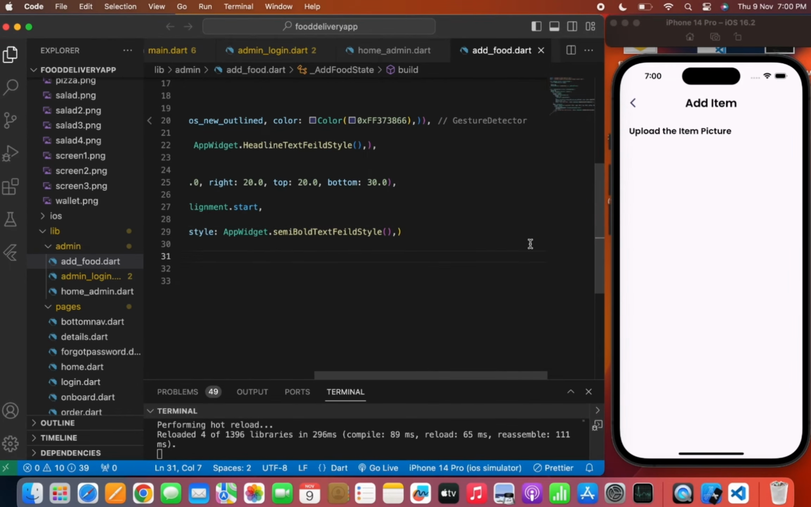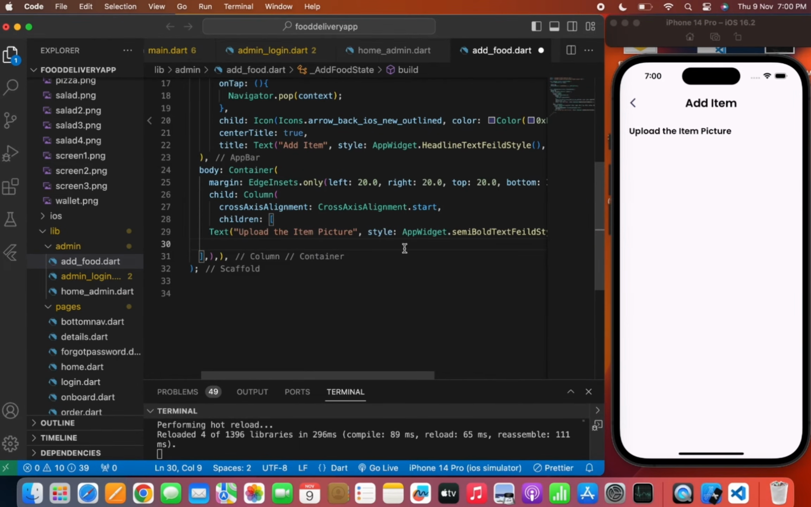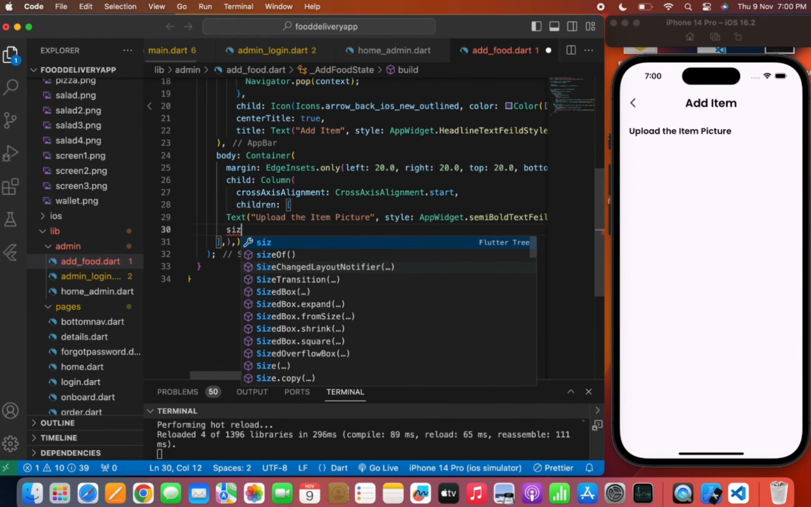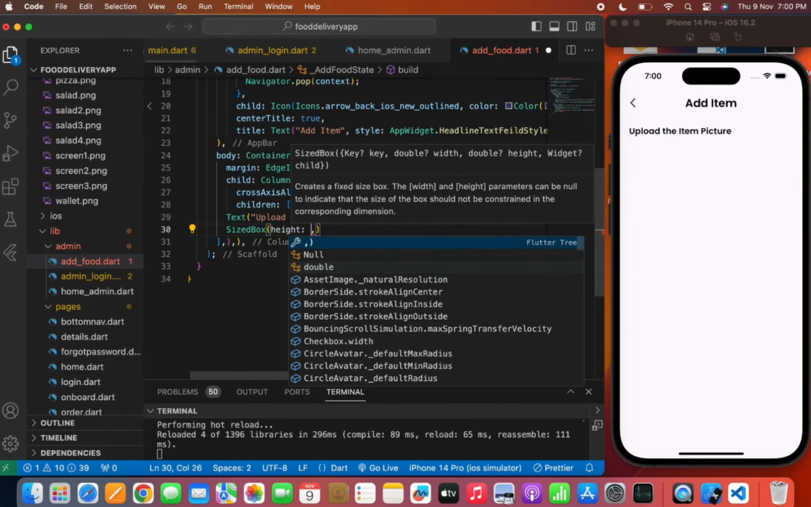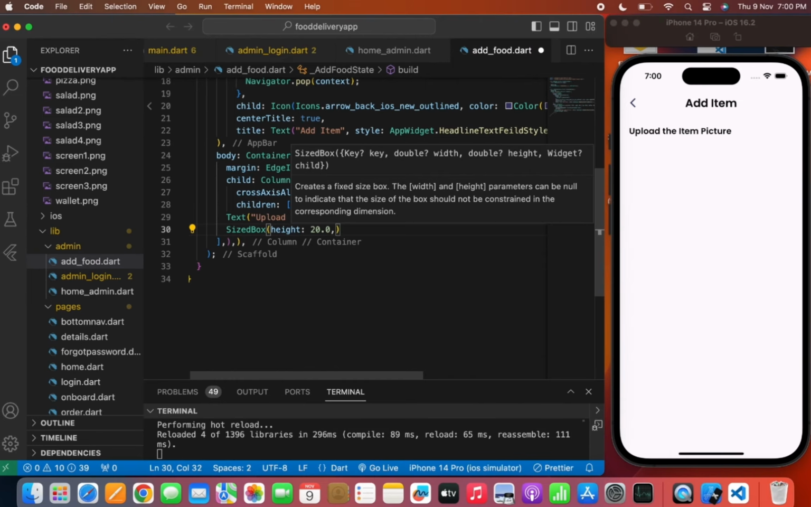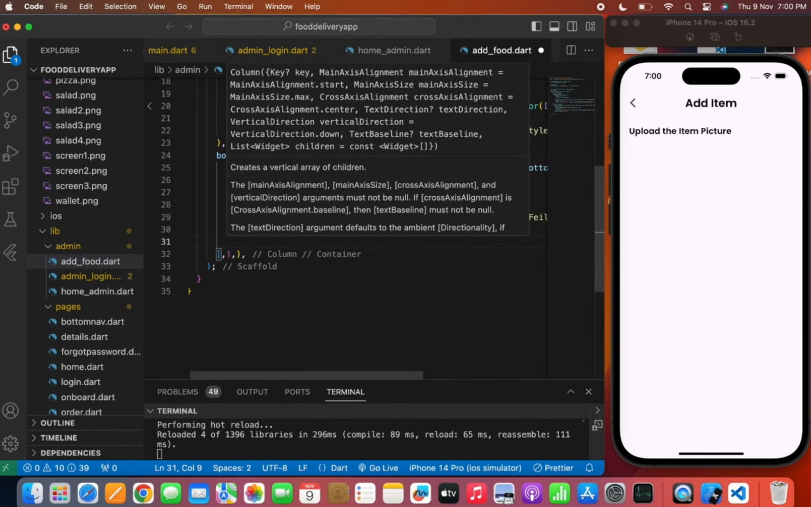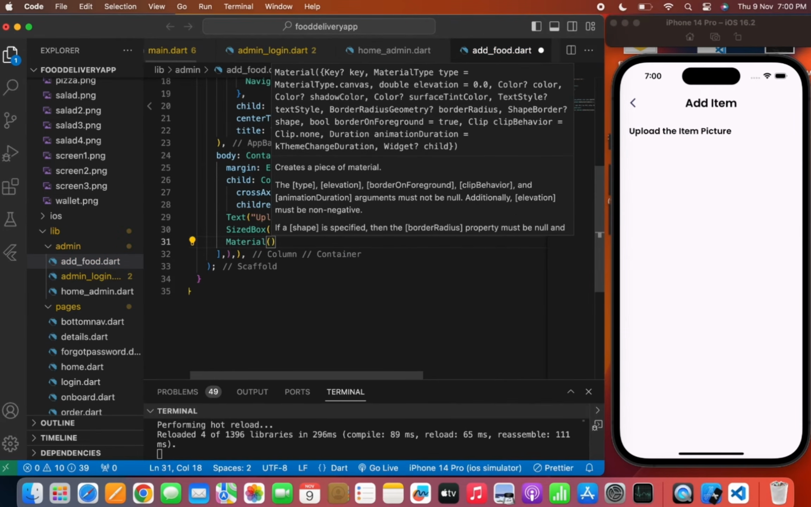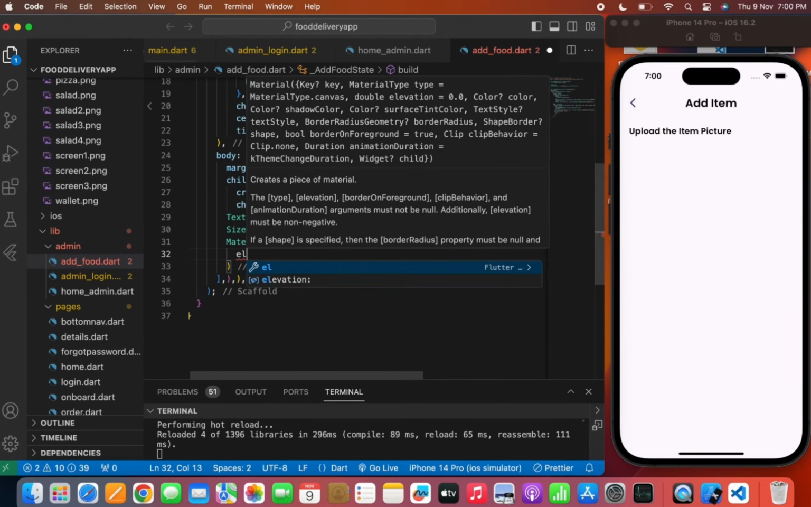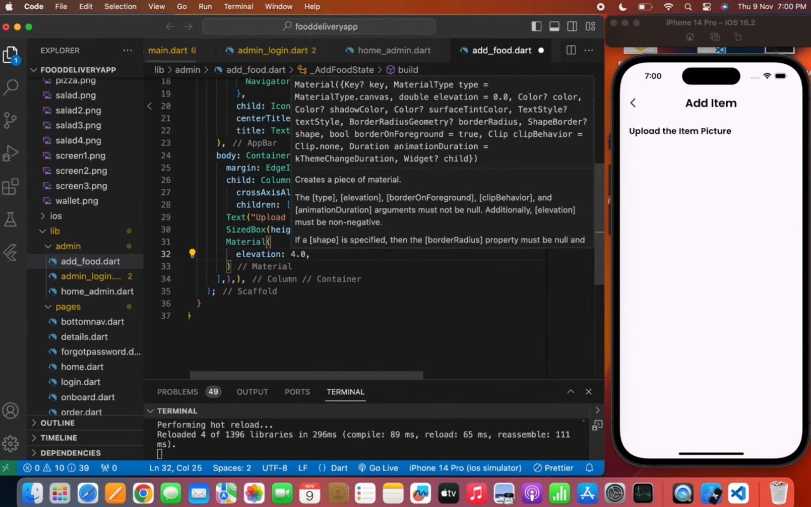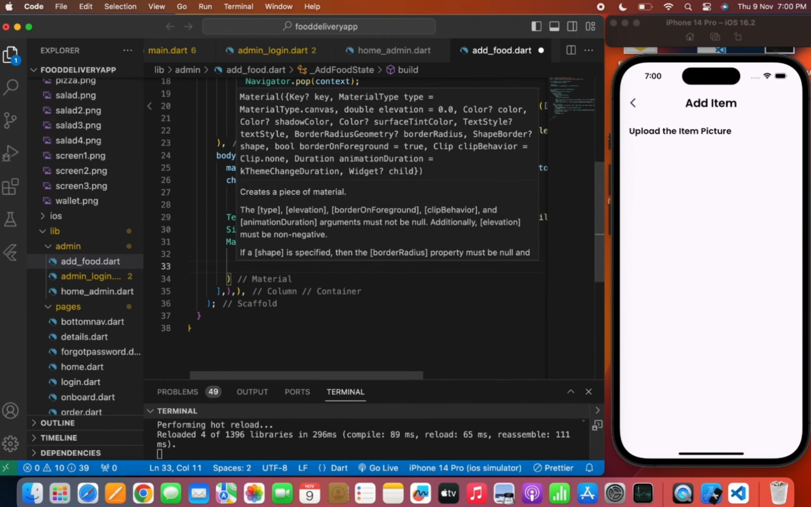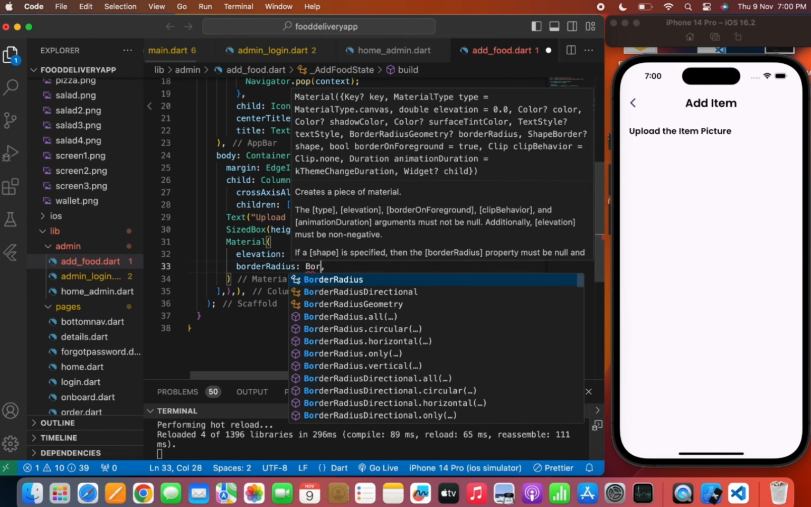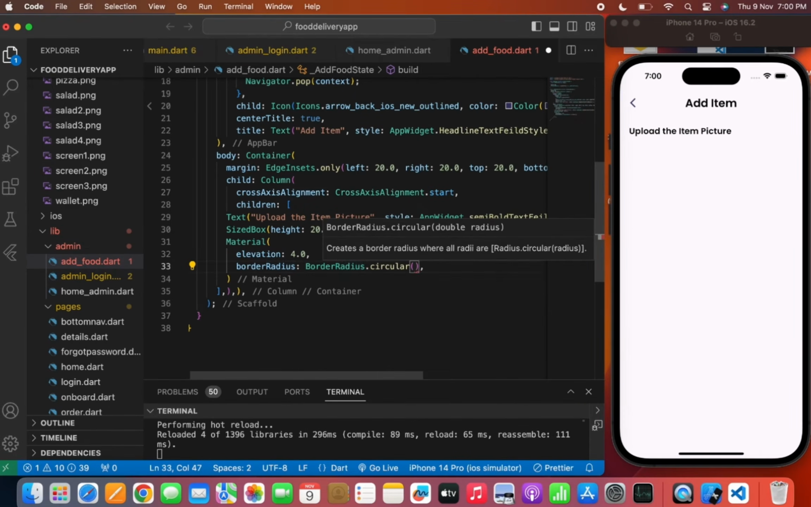Now let's move and create the container here so that the user can directly click on the container, and by using the gallery they can upload the image to Firebase storage. So first I will write Material and will give the elevation 4.0. Now borderRadius BorderRadius.circular and will write 20. Now child